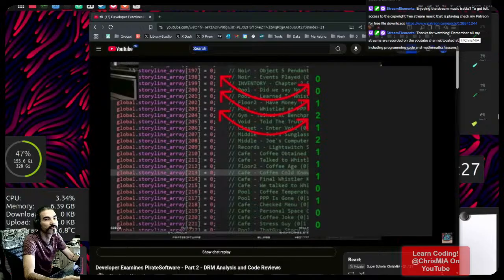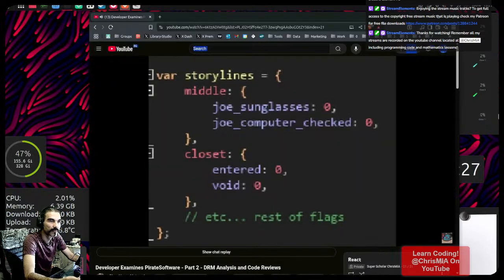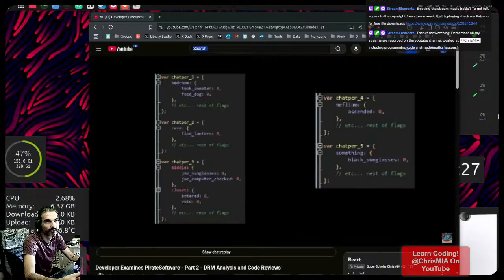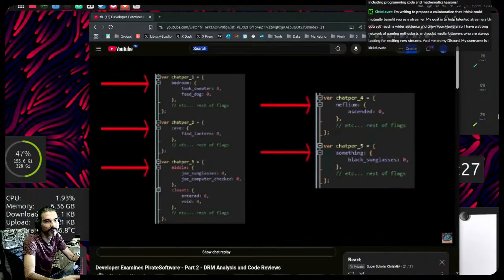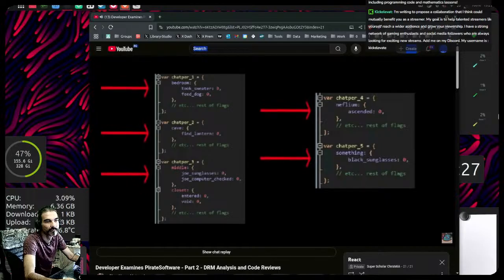A struct is a composite data type. Basically, it's just a variable that can hold other variables inside itself. Since we already know Heartbound has 5 chapters, I'll further split up the structs for the 5 chapters to have some separation of concerns. Here we can see what the structs look like. We have at the top level our chapter, then we have our area of that chapter, and finally within the third level we have our storyline event.